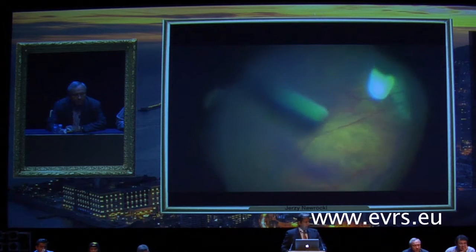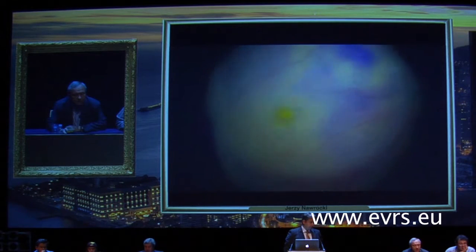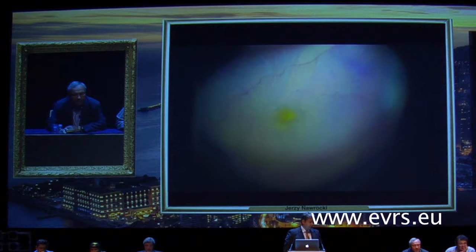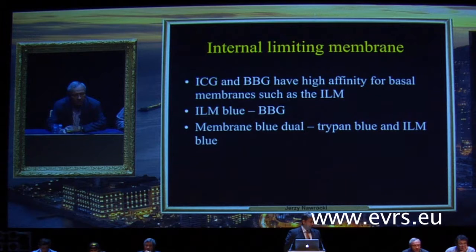And for epiretinal membrane, there is no doubt that trypan blue staining is a perfect staining. As you see here, removal of epiretinal membrane and ILM in one complex. Probably the most discussion is about internal limiting membrane, and ICG is probably the most frequently used, but I would like to convince you to use this staining in